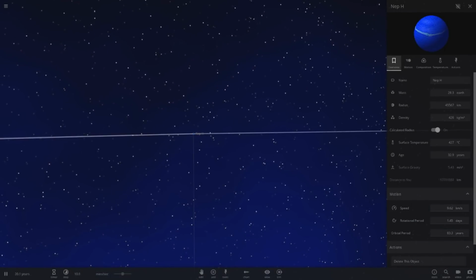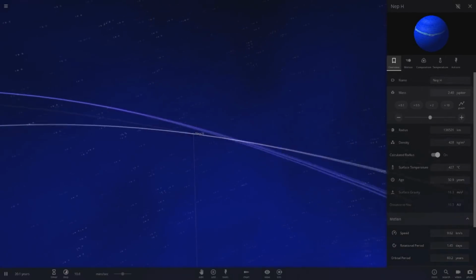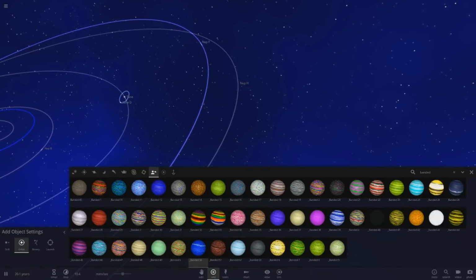I'm also not going to have moons around these two. Go 3 Jupiters. And they're going to go 2.4, actually. There we go, so a little smaller. So there it is. For some reason these guys won't have moons. Right, now moving on to...